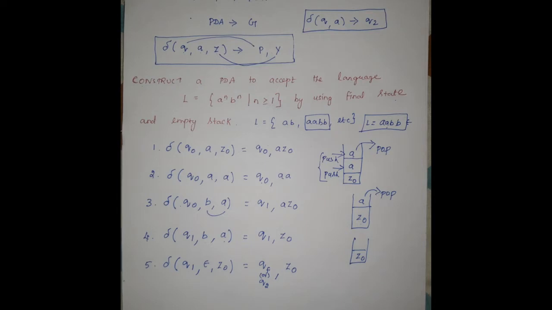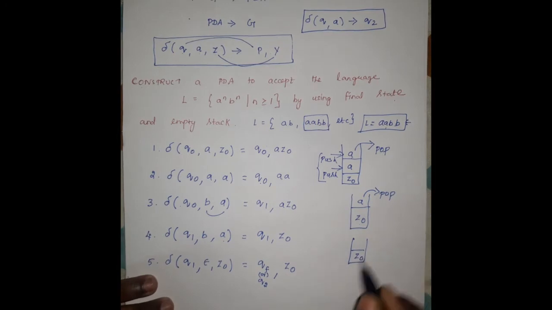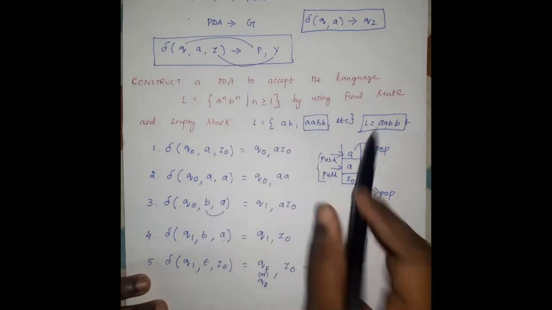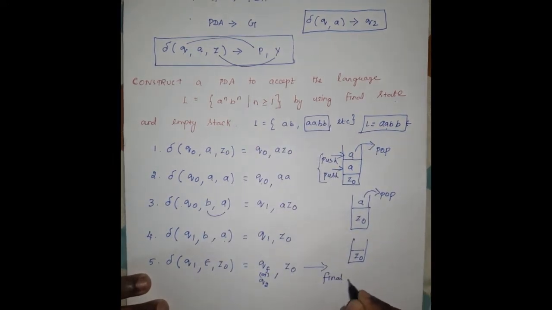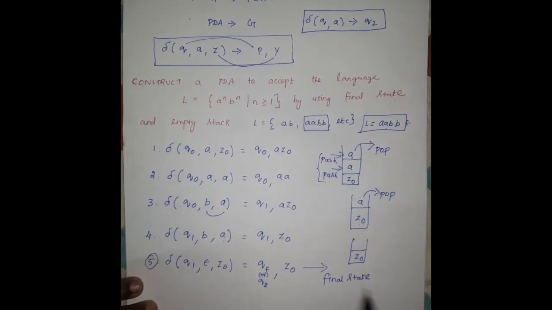In case you are constructing the pushdown automata by empty stack, we have to delete all the elements in the stack. In the pushdown automata the stack has the default element Z0, but by empty stack we have to empty all the stack elements. So in that case we have to pop or delete the element Z0 from the stack. That method is called by empty stack. So here the stack element is Z0. So this fifth step is called construct pushdown automata by using final state, because here the stack has one element, the stack is not empty, so this method is called final state.